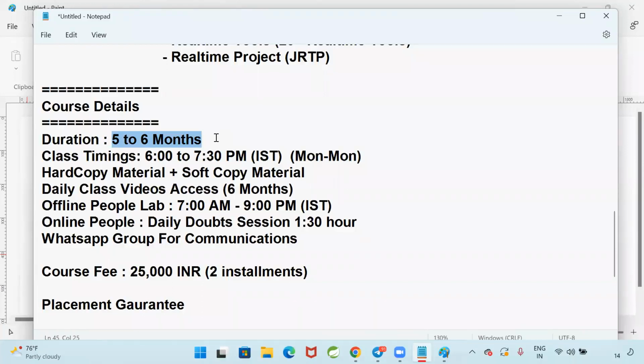I am hoping that you all are here to learn the subject, not just to complete the course. Got my point? If you want to complete the course, you can see two directors in Telugu cinema, Hollywood, Puri Jagannath. What will he do? You know Puri Jagannath, right? You are from Orissa. You know Puri Jagannath, right?